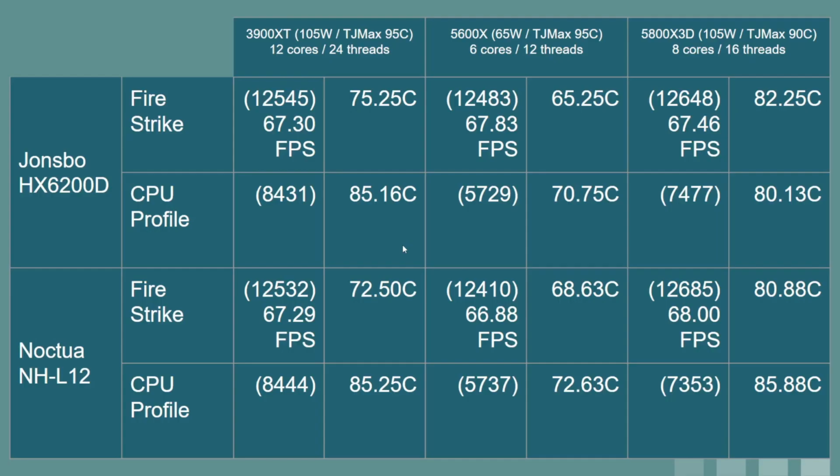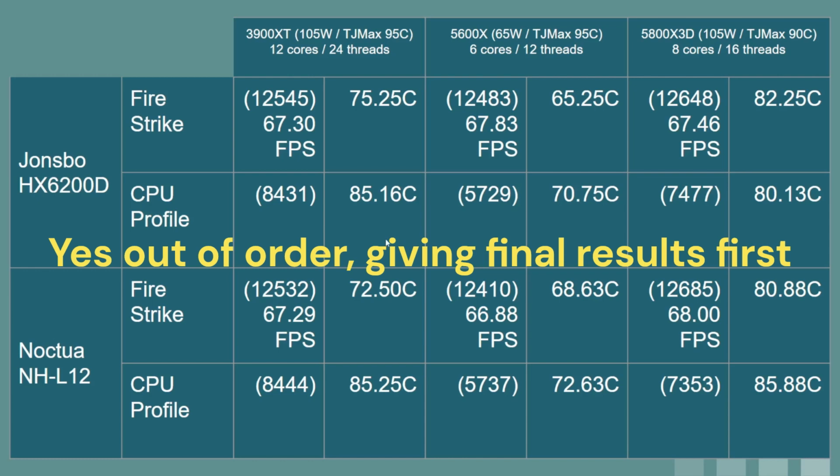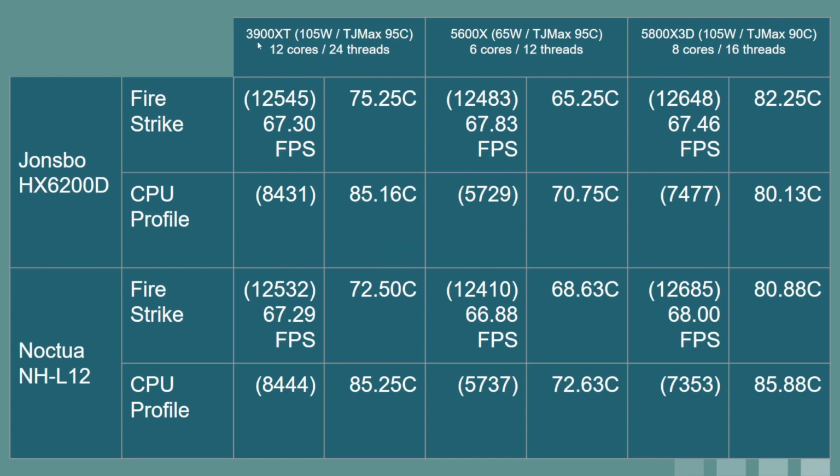So this is, I guess, the aggregate of everything that I've done. So here are the coolers, the Jonsbo and the Noctua. And then I ran Firestrike and the CPU profile, depending on the chips. This is the 3900 XT, 5600 XT, and the 5800 X3D. The thing to note here is this 95-degree